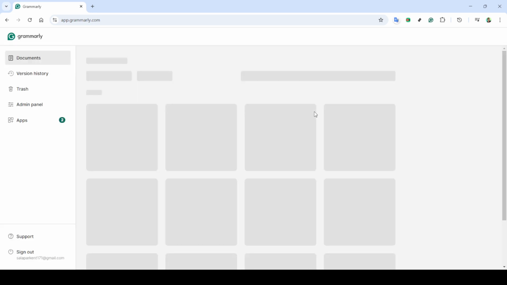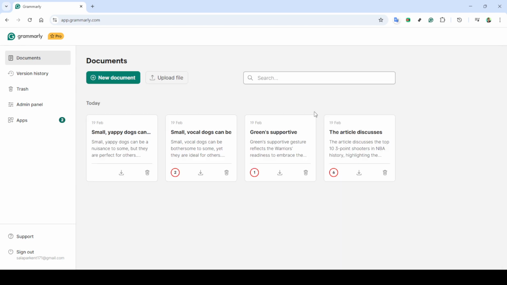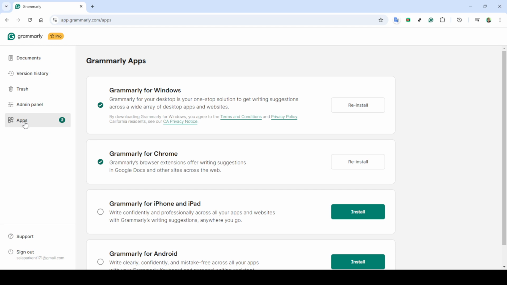Now, here's a helpful tip. If you're logged into your Google account, Grammarly offers a streamlined way to sign in. Just click on Continue with Google, which will save time and keep things nice and simple. After clicking Continue with Google or completing any other authentication steps your account might require, you should soon find yourself redirected to the Grammarly homepage. This is your main dashboard for the writing assistant. From here you can quickly start a new document, access your existing ones, and explore all the features Grammarly provides